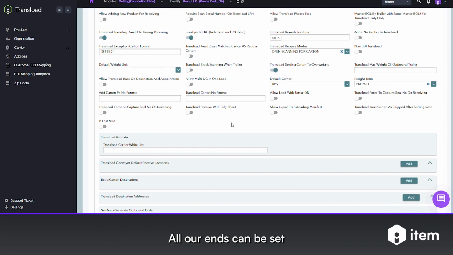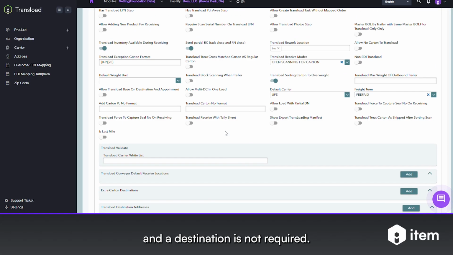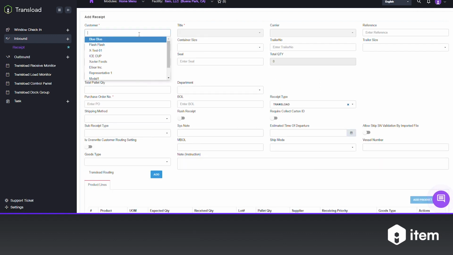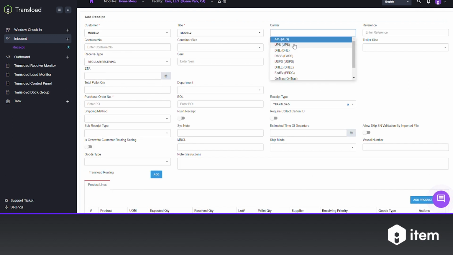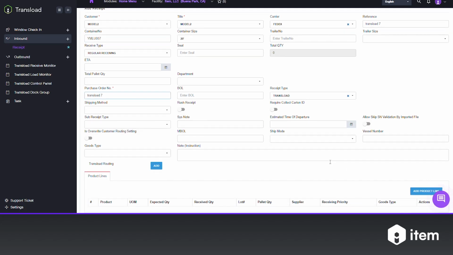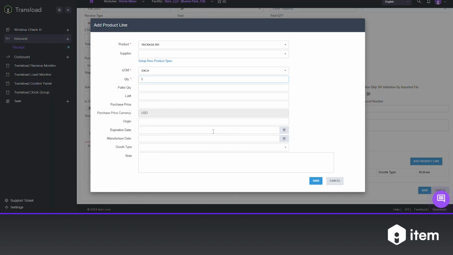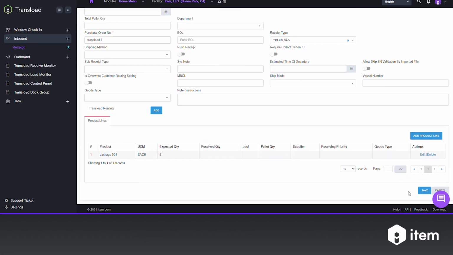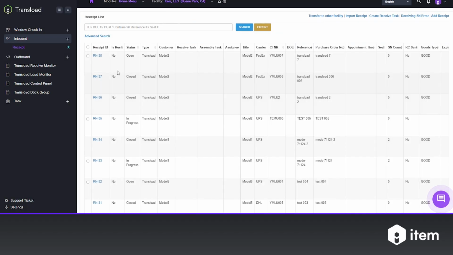All RNs can be set by API or created manually, and a destination is not required. To create an RN manually, click on Add Receipt. The purpose of this transload is to keep track of the packages from the container. Once you have the RN,